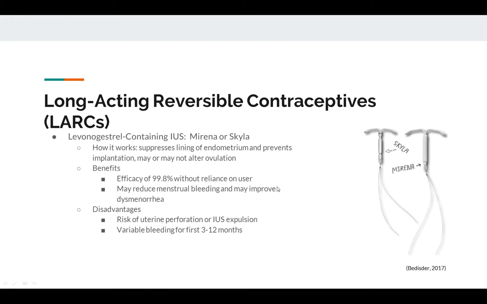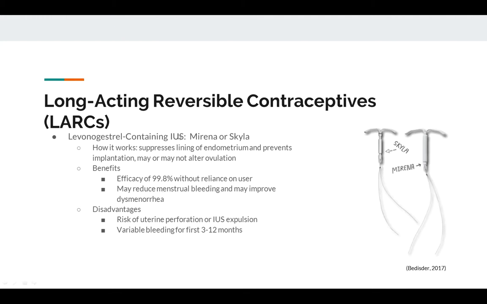The intrauterine systems are basically the same as an IUD, except they also contain progesterone supplements. The Mirena has a little bit more in it than the Skyla, and the Skyla is a little bit smaller, which is why they sometimes say the Skyla is better for use in women who have not had children because it's not as large. I don't know that it really makes that much of a difference or that that's been studied. There is a risk of perforation or expulsion. Expulsion typically happens in the first 3 months, and it also typically happens in women with heavy bleeding.